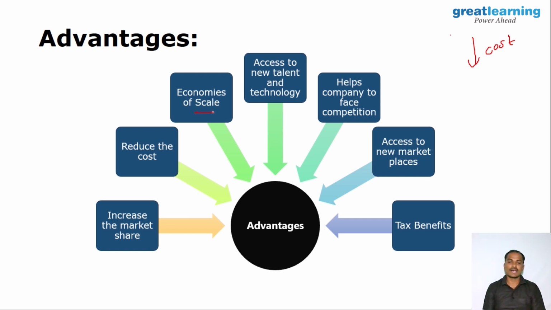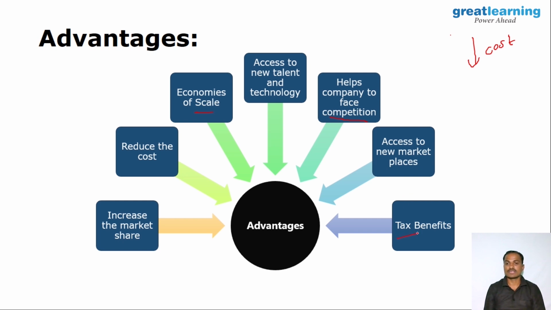Access to new talent and technology. When companies come together, they can share technology, human resources, processes, and culture. So they have access to the resources of each company. When the companies come together, it will be easy for them to face the competition, as I have mentioned in the previous slides. So facing competition will become much easier compared to the competition that individual companies generally face. Access to new marketplaces